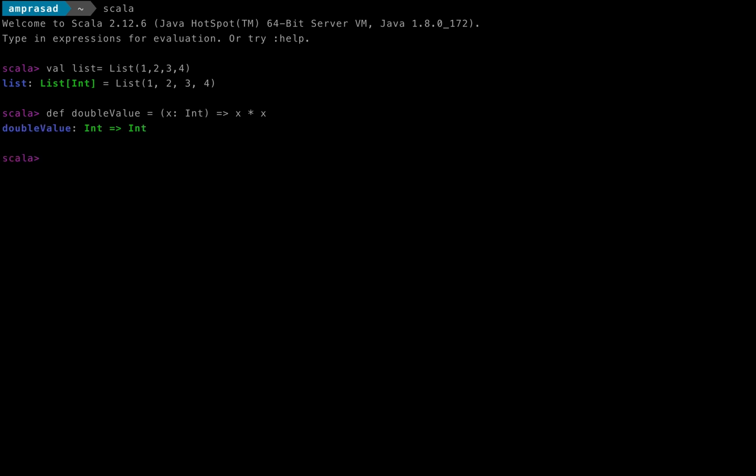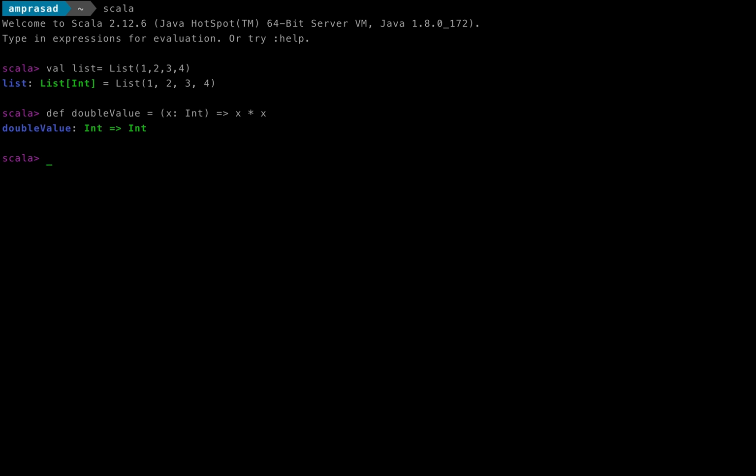So we have one list and one function called doubleValue. We all know that we have a map function for lists. We will pass each element from that list and see how it calls this doubleValue function, and how it behaves when we pass this function as a parameter.